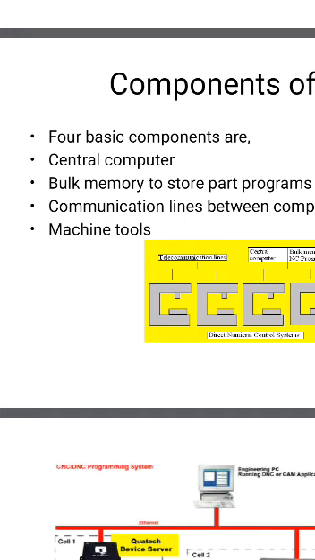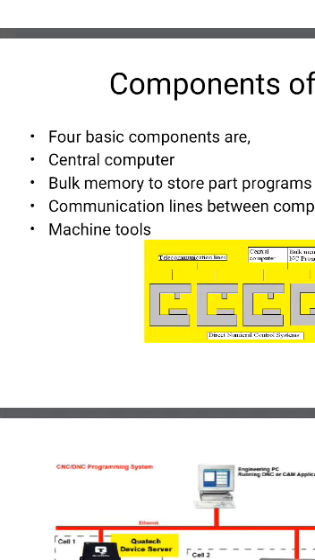It also receives data back from the machine. So it also collects the data from the machine. The two-way information flow occurs in real time. It gives data and collects data from the machine also. This way two types of information can be handled. So this is the central computer. It gives information to the machine and also receives data back from the machine. That is called the central computer.